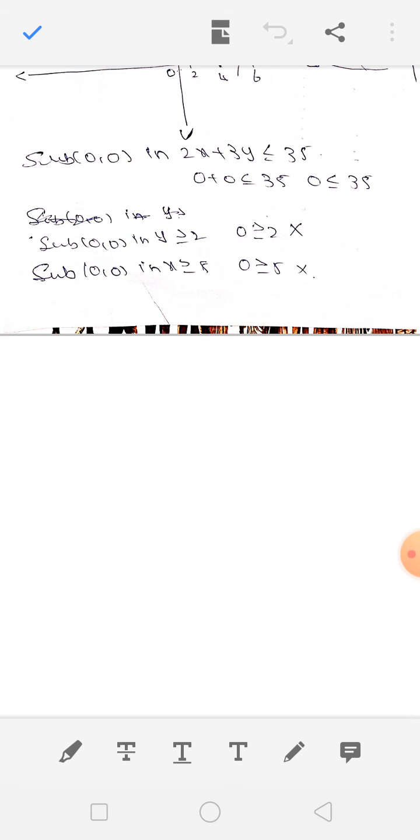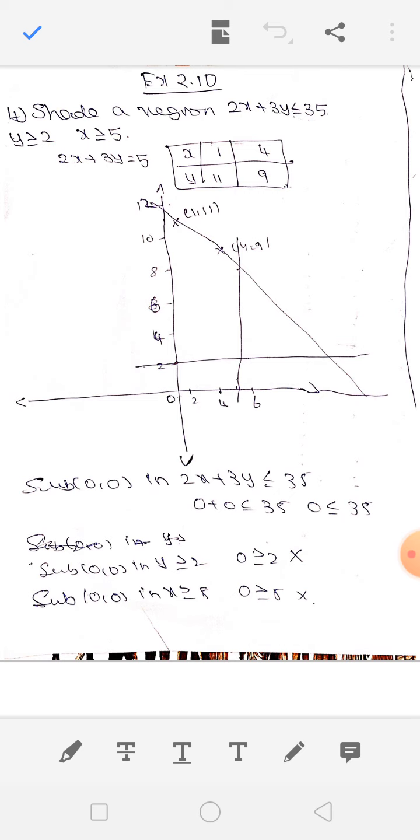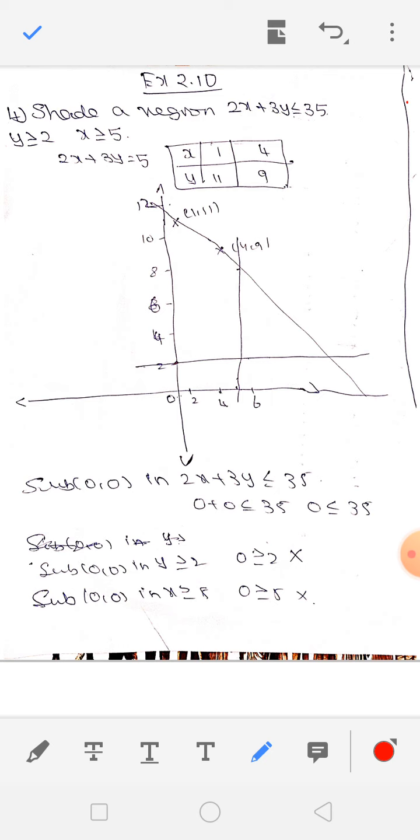Okay. So listen. First of all, I have to draw the graph for 2x plus 3y less than or equal to 35. So this is 35. Okay, if I put x value 0, 3y value is 35. So y value is 35 by 2. So I don't want any rational number here, because if you get a rational number it will be more complicated. Okay, so try to get one integer, a full integer.